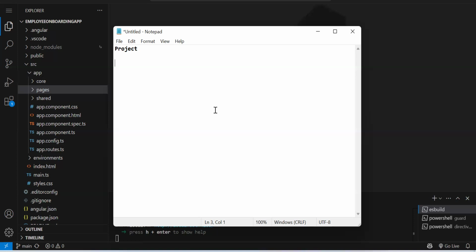We need to cache. We can store data in some place and use it. Right? So let's say you are on the admin page. On the admin page, you have made the API call and got the data, so you will store that data somewhere. And let's say you navigate to the user page. Again, in the user page also, you need that data. So what will you check? If the data is already there, you won't make the API call. Correct? So that you reduce your API calls, and the application will also be fast, because whenever you make an API call, obviously some time is wasted.